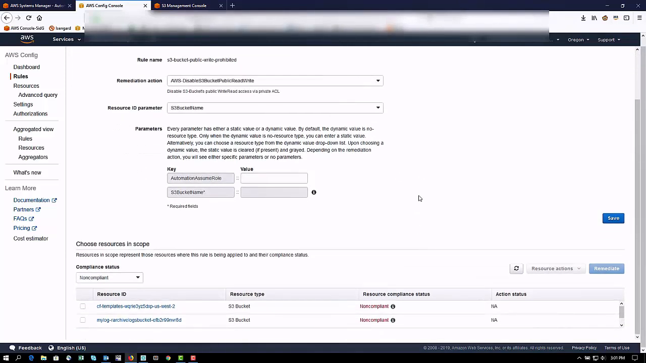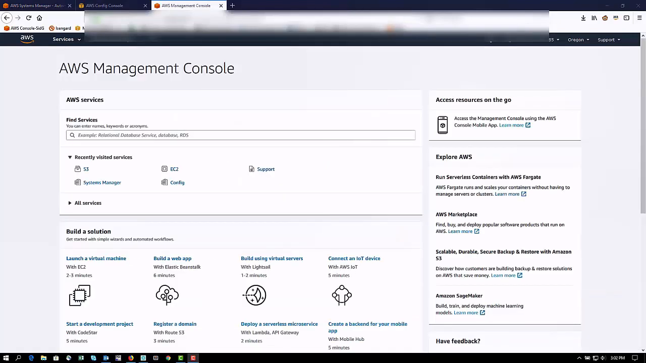I've got a couple of buckets here that are non-compliant. So I can either select a specific bucket or choose all of them and click on Remediate. As you can see, the automation doc executed successfully. So now just to confirm, let's go and navigate over to the SSM console,